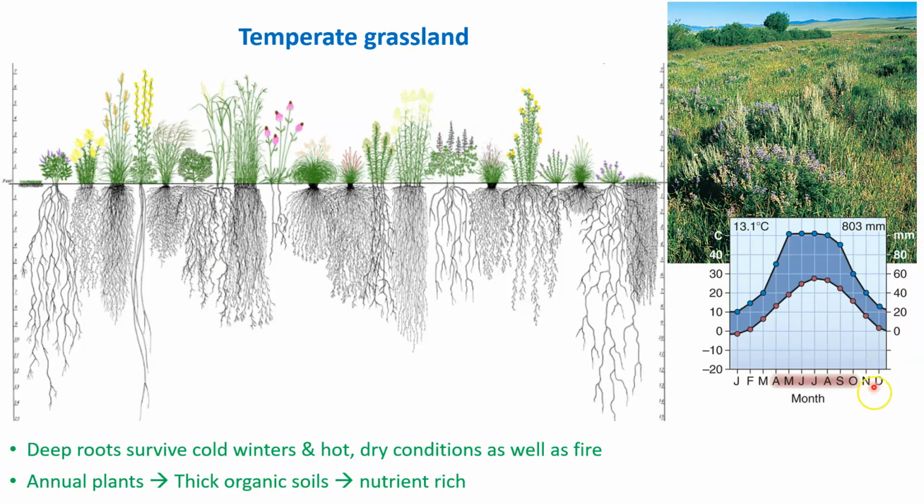In this figure, you are looking at the temperature seasonality and rainfall seasonality in temperate grassland habitats. You can see in this one, right, at the beginning and the end of the year you are getting lower temperatures and lower precipitation, but in the middle of the year you are getting the peak of the temperature as well as the peak of the rainfall. That's actually good, right? When you have the highest possible temperature, you're also having the greatest moisture availability. That triggers better plant growth, enhances biological activities in general. It increases biological productivity in general.